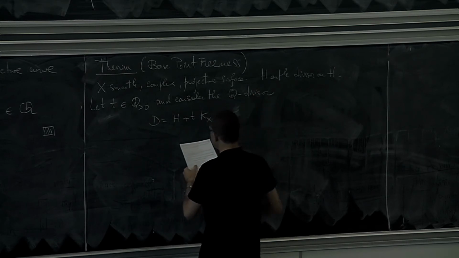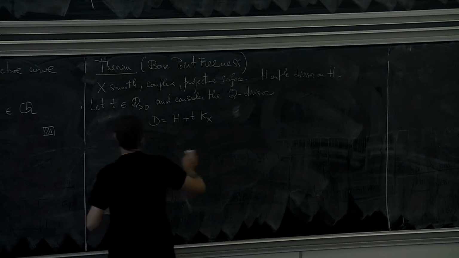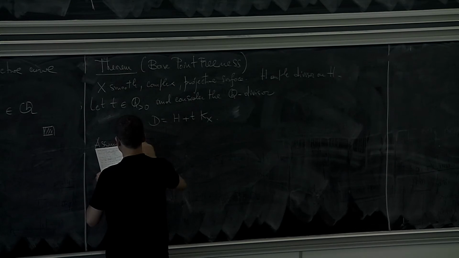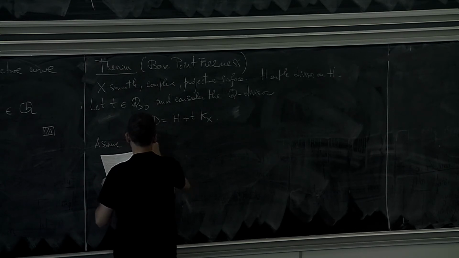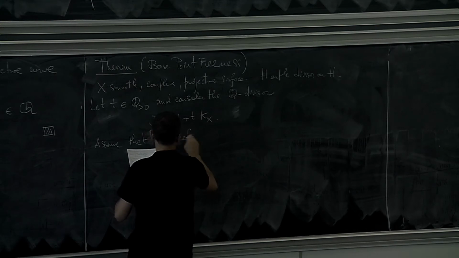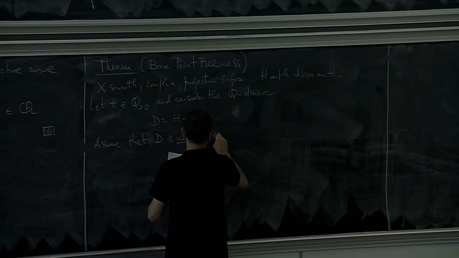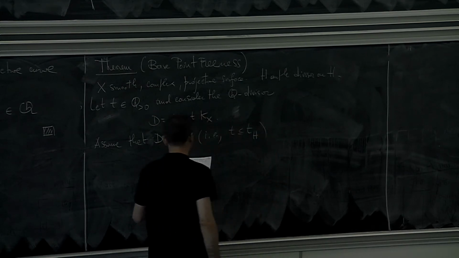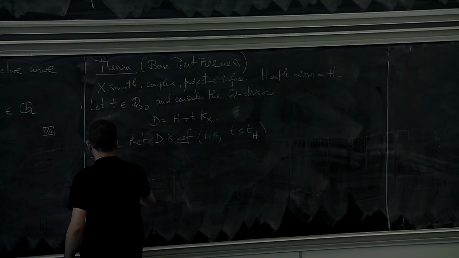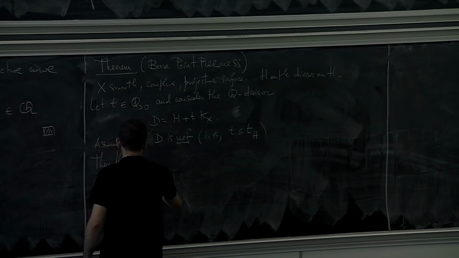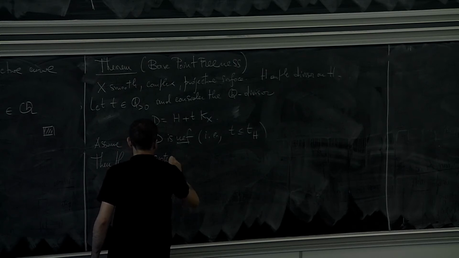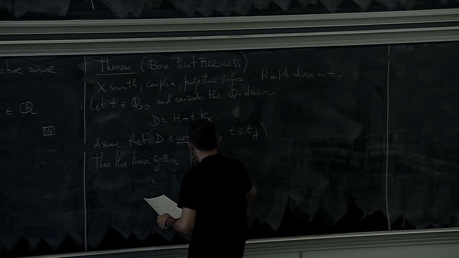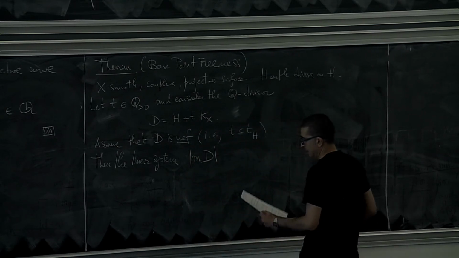Okay, we already saw this. And assume that D is nef, i.e., this means that t is at most the nef threshold. Then the linear system given by the complete linear system |mD| is base point free